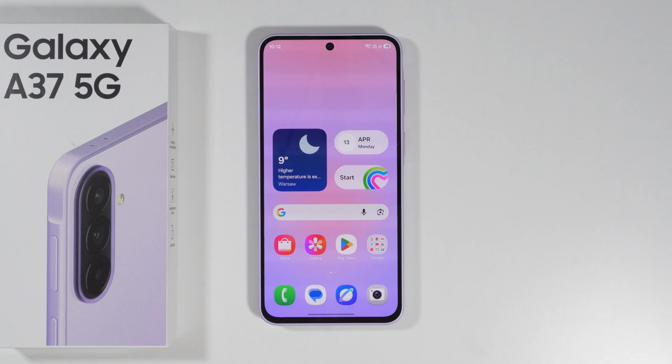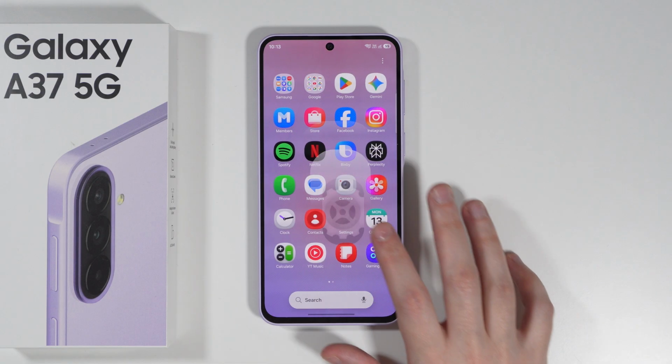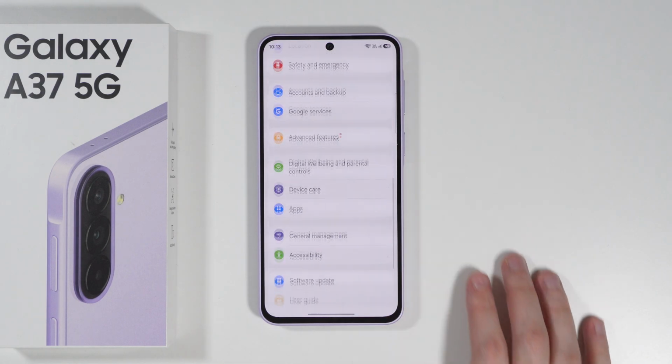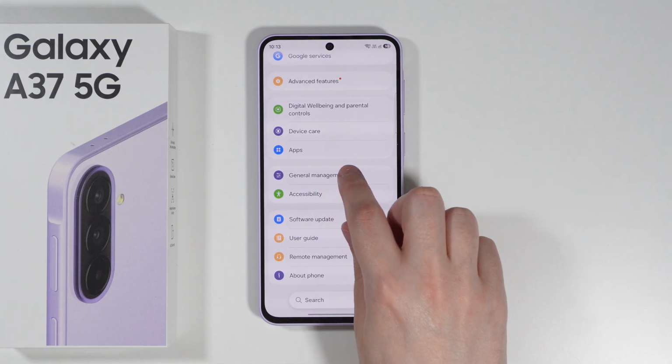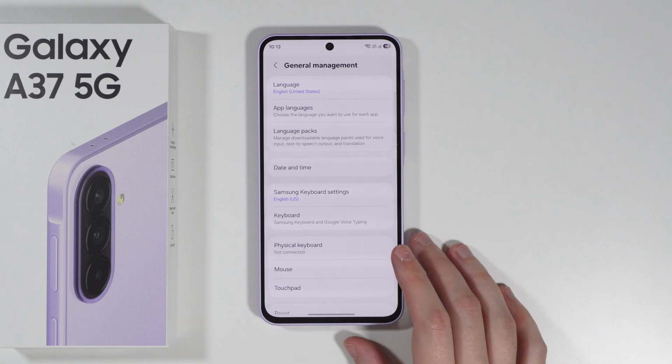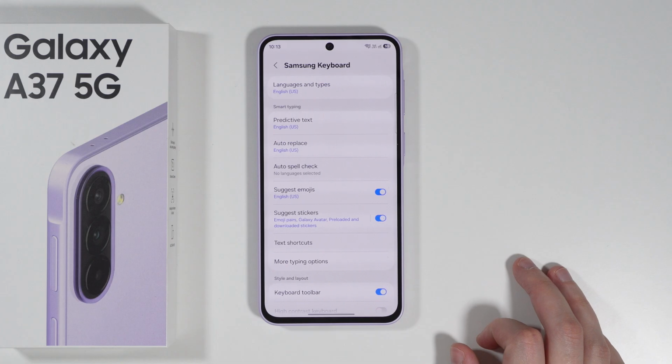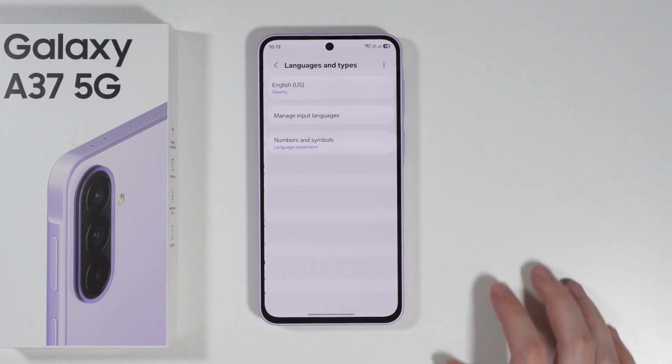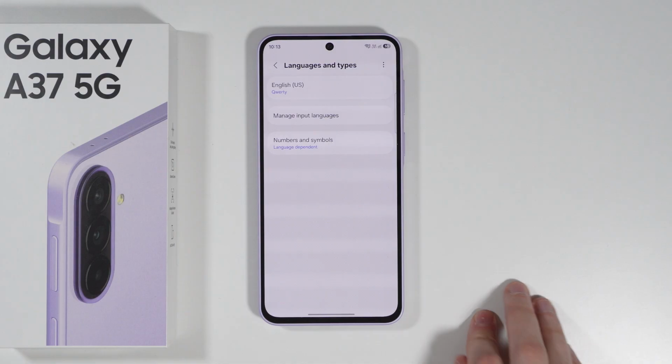To add or change keyboard language on Samsung Galaxy A37, first of all, we need to go to Settings. Over here in Settings, we're gonna scroll down, and then you want to go to General Management. Now, over here in the General Management, we should be able to go to the Samsung keyboard settings. In here, tap on Languages and Types, and if you want to add a new language, you can go to